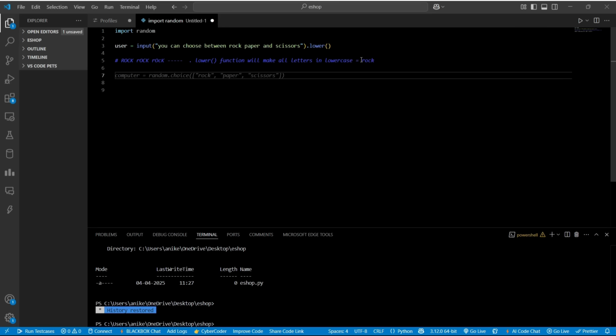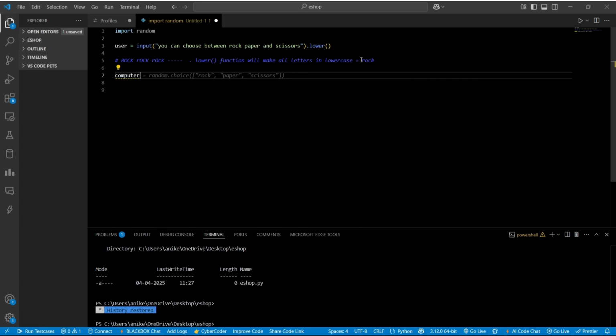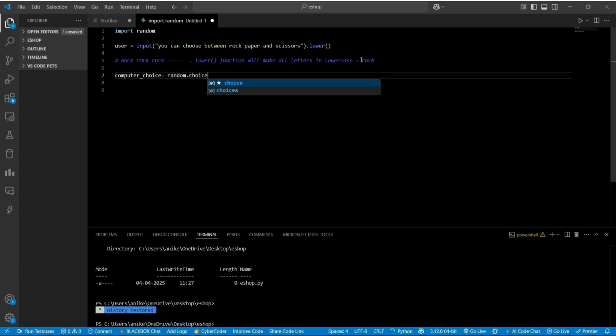Similarly, what we will do next is we will create a variable known as computer choice equal to random dot choice, and we will give a list of